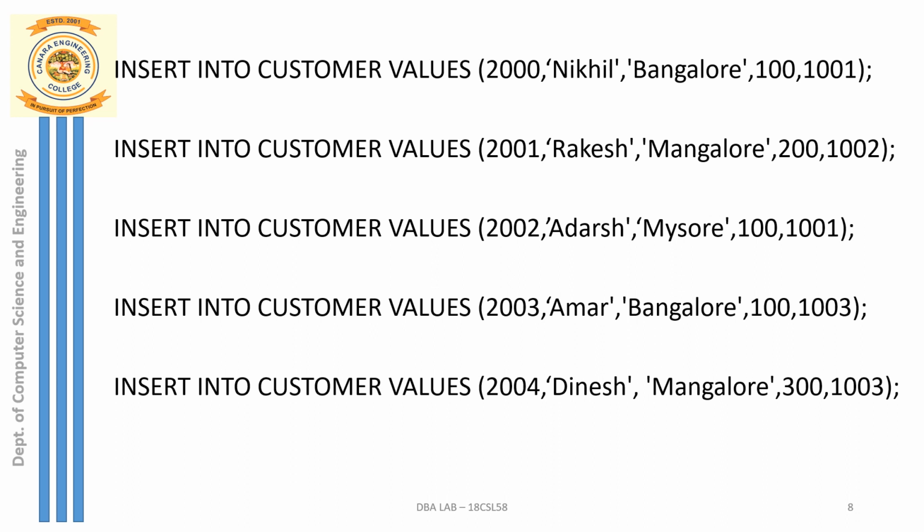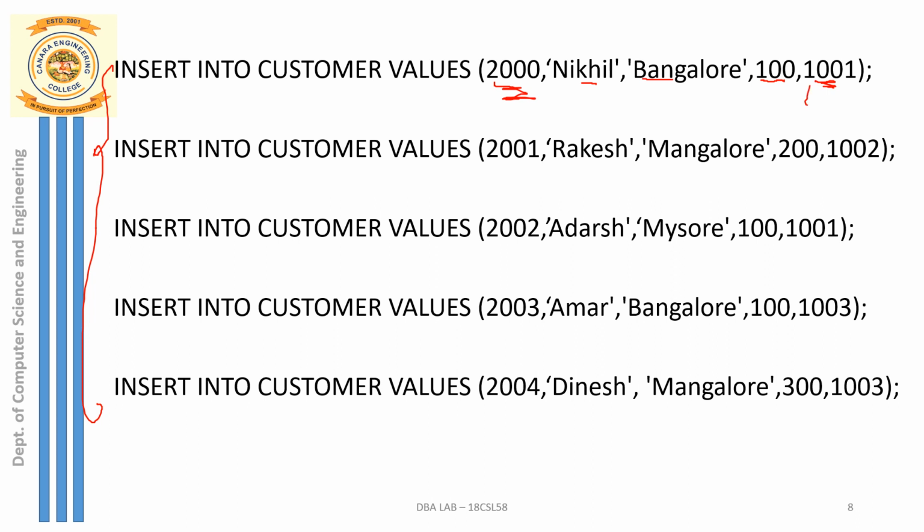The next insertion is into the table customer. The customer table is the one wherein you can see it is having one foreign key. Which is that foreign key in the customer table? It is salesman ID. So into the customer table you start inserting values only after inserting all the values into the salesman table. Here the first attribute is customer ID, the second one is customer name, third one is customer city, fourth one is grade of the customer, and then the last one is salesman ID. So in this order only you insert the values.